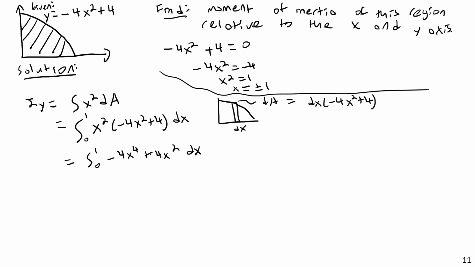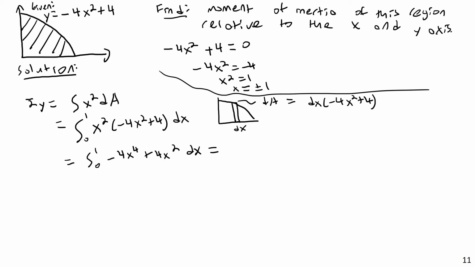4x squared dx. So then, again, that will be a very simple polynomial integral, but I think I might just throw this one in my calculator because I think you know how to integrate a basic polynomial like this. And if I throw this into my calculator, negative 4x to the 4th plus 4x squared, and then in terms of x and integrate from 0 to 1,